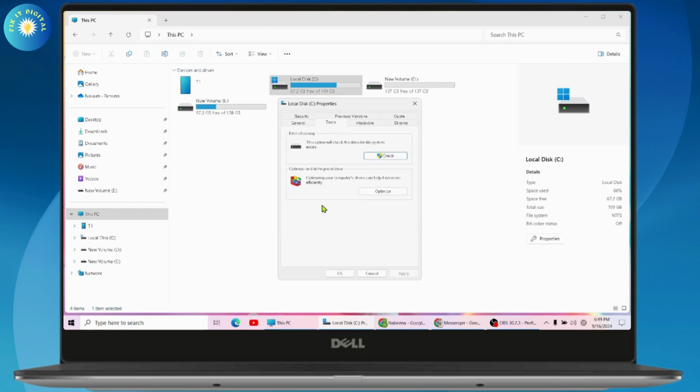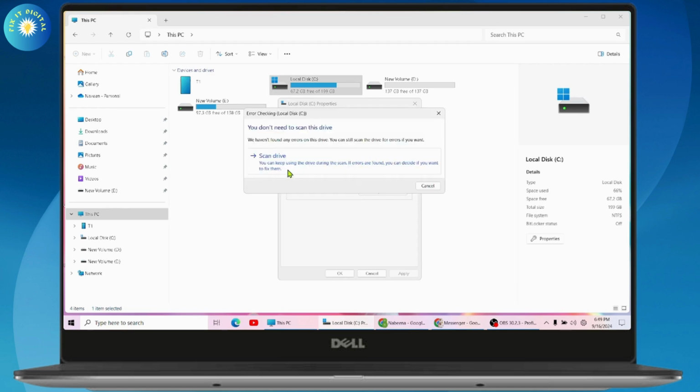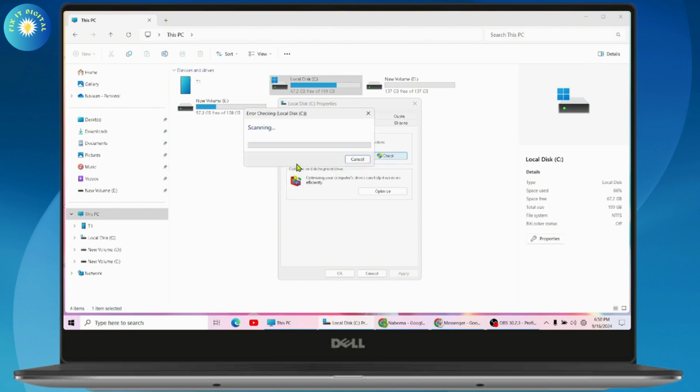And here we need to do two things. So the first one is we need to error check. So you just need to simply click on check and start the error check. And once you've done the error check, if you have any issues or a bad sector in the hard drive, that will be fixed with the scan. And you just need to simply scan the drive. So it might take 1 or 2 minutes. So in my case, I'm using the SSD, and SSD will not take much. So you just need to simply wait for 1 or 2 minutes and it will complete the scanning.